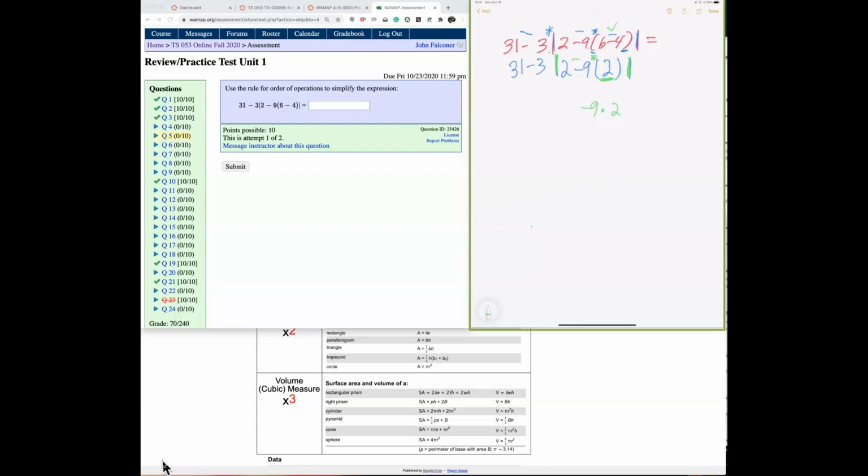2 operations. We have subtraction and then the unwritten multiplication here. So PEMDAS says,